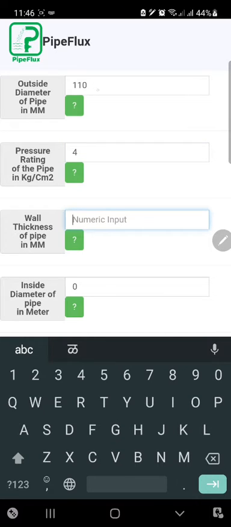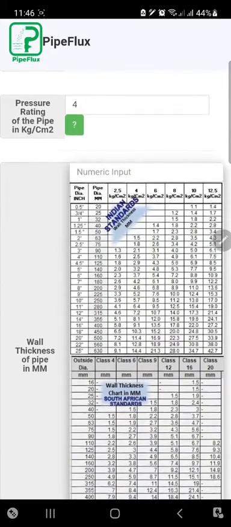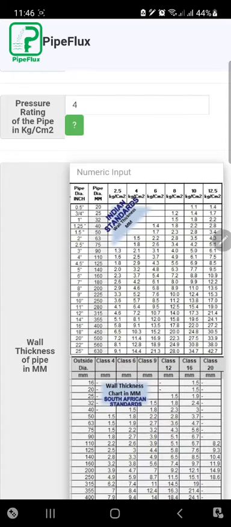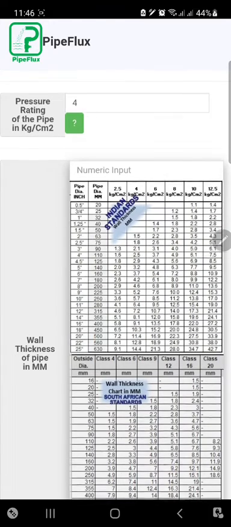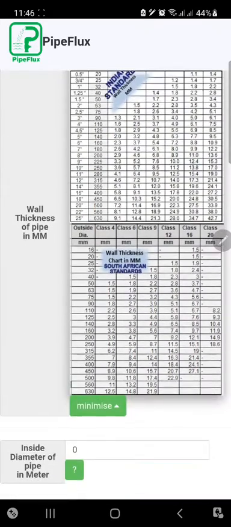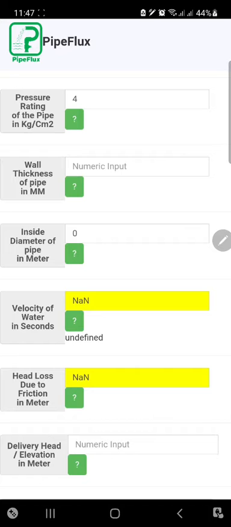Now 110 and class 4 pipe, what is the wall thickness? If you look at the Indian standard, the 110 pipe and class 4 has 2.5 wall thickness. So this wall thickness we have to write in our